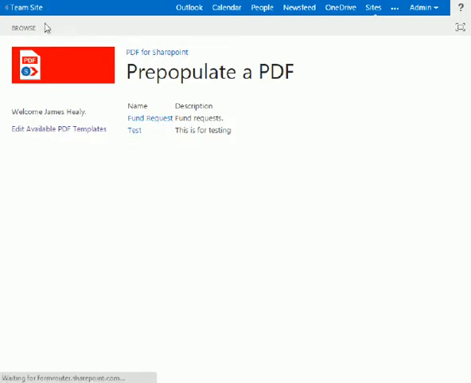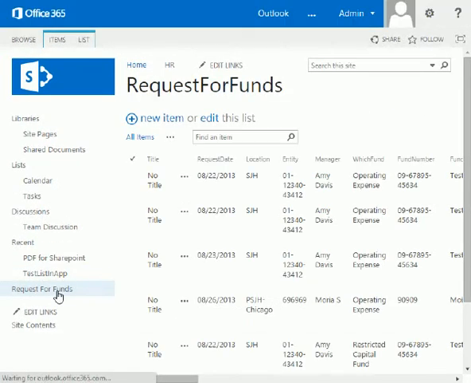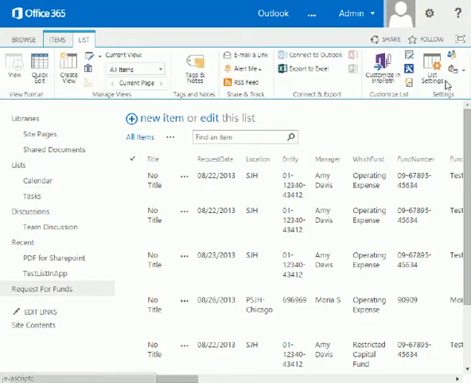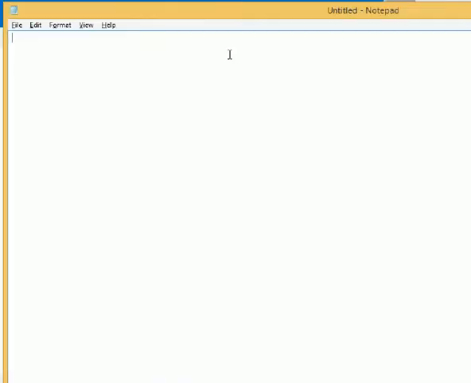If we go back to team site again and go to request for funds, let's now restrict that one PDF to just request for funds. So if we go to list up here and I go to list settings, and then I grab my URL, my address here, and let me open Notepad real quick. I'll paste that in,